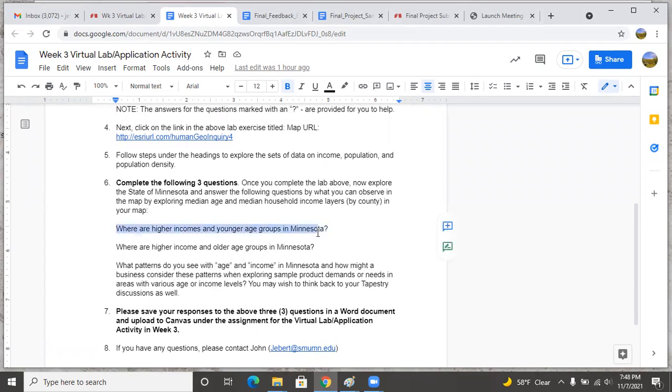Where are the higher incomes and younger age groups in Minnesota? And with that, it's simply the central part of the state, the northern part of the state, just to give a spatial reference for that, as well as the higher income and older age groups in Minnesota. So we're talking about higher income and then younger age groups and then older age groups. And this ties into, again, consumer behavior. Where are behaviors changing? Where are they static? Where are they going to be,